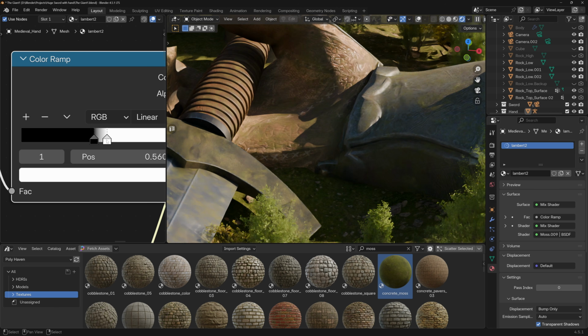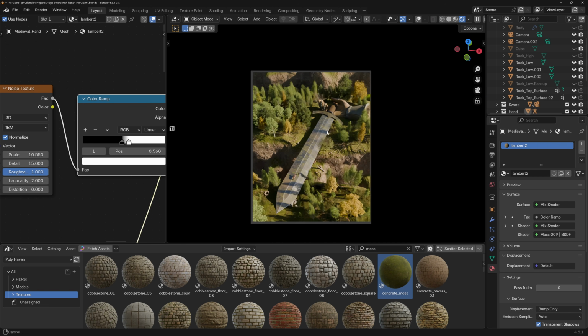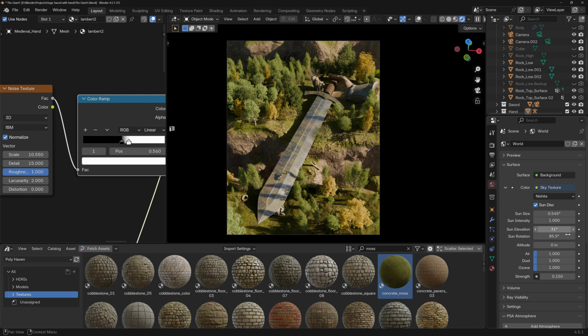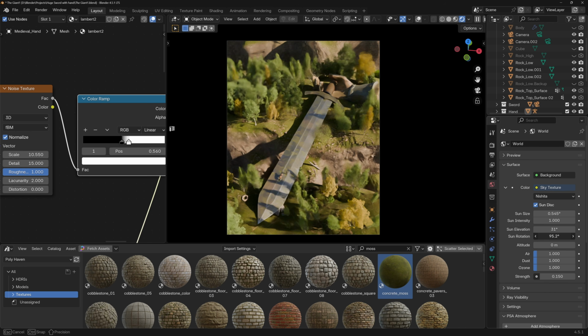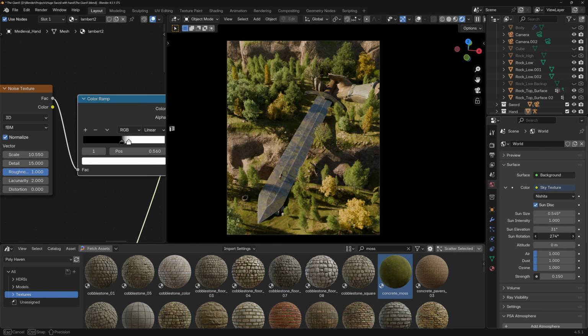See? It's cool. I like it. So let's unzoom it. And for now, this is nice. Let's just change the sun position just to see our scene with the different light conditions. So something like this